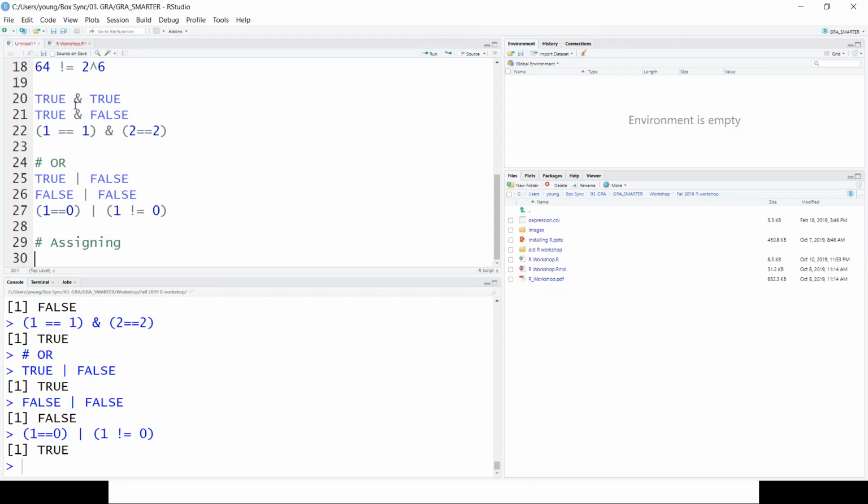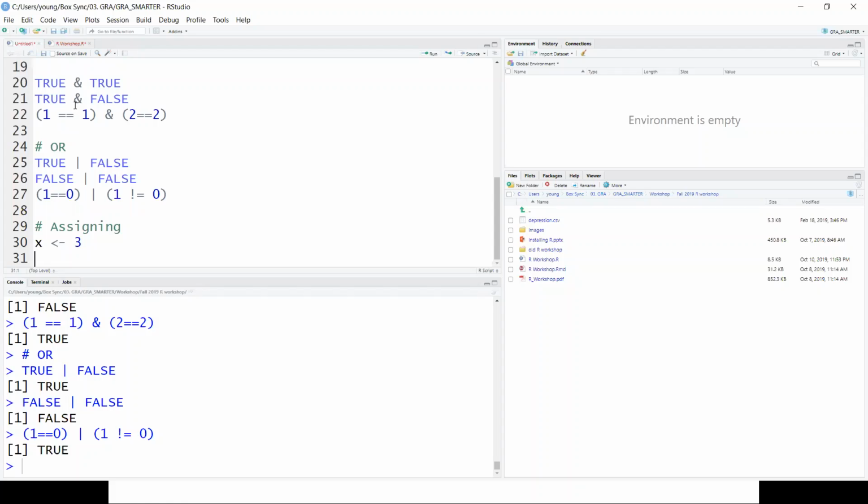This is what assignment does. For example, if I want to save the value of 3 to a box, I can name the box anything that I want. I'm just going to name this box X, and then assign this. What this means is I'm going to put this 3 into X. That's why we use the arrow sign. This arrow sign means assignment.